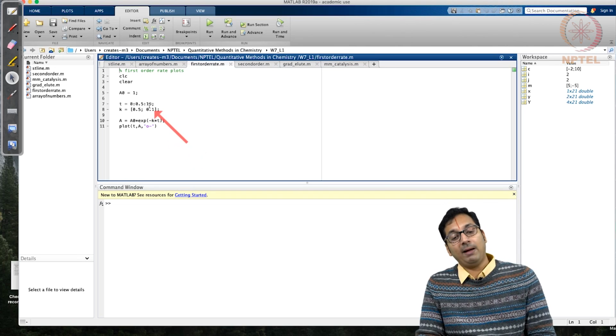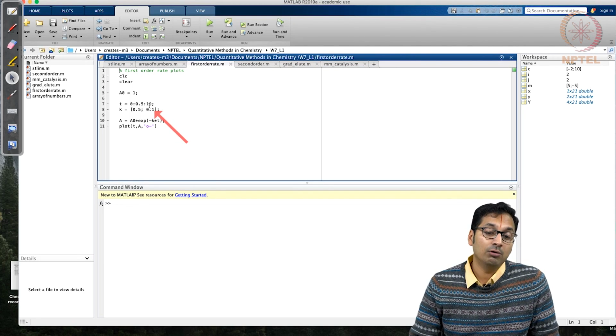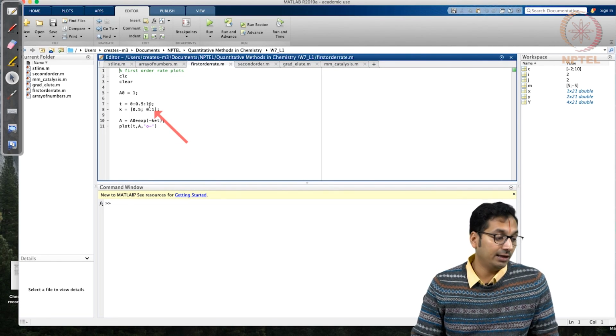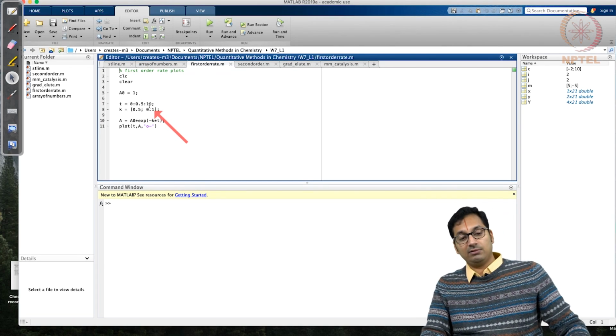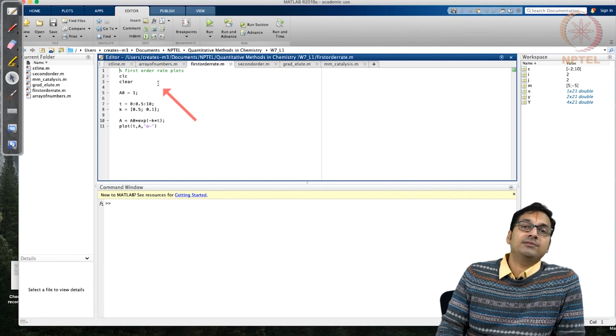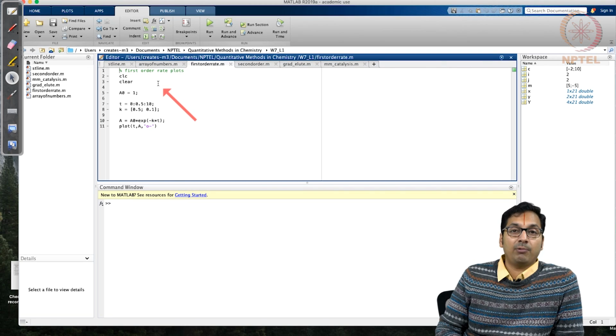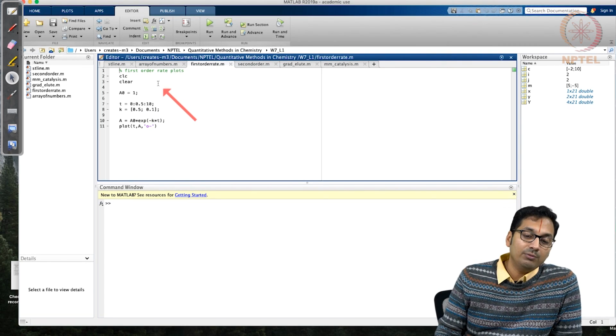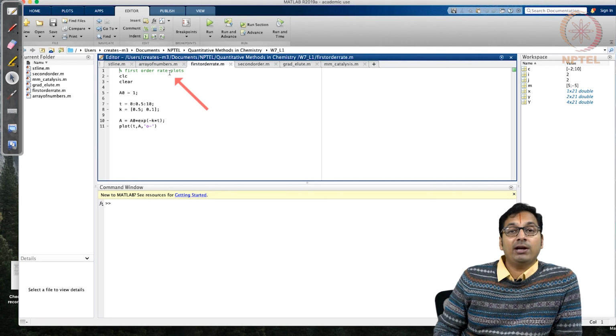I am going to go back to make you understand how rate kinetics data can also be simulated. So let us start with something simple. We have just generated linear plots, which can be thought of as 0 order reactions. So why don't we generate some data for the first order rate plots? Once again, why are we doing this?